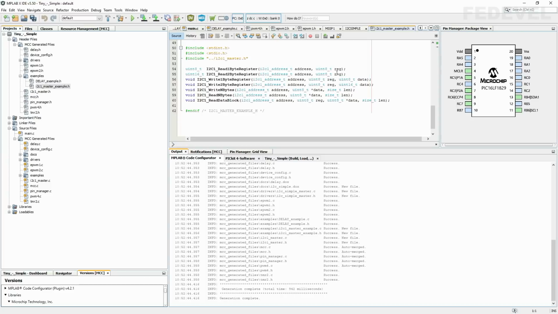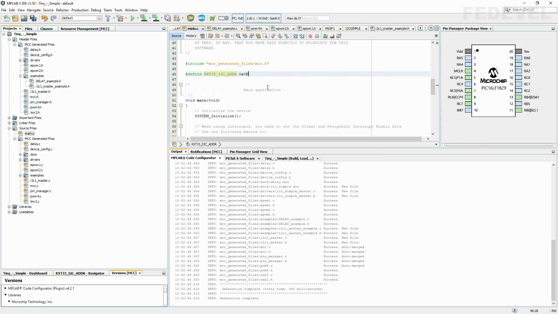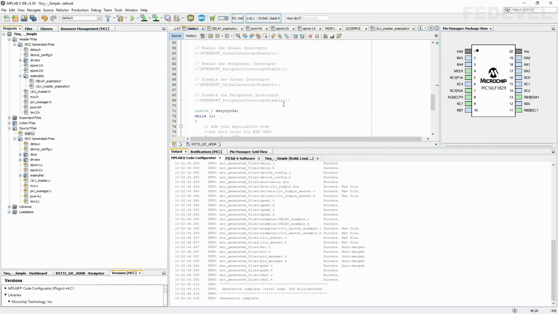And the function what we need is this one. Basically, we would like to read 1 byte from the I2C device on this address and from this register. Okay, so this is exactly what we need. I'm going to copy it, Ctrl+C, and I'm going to place it inside of our main file, maybe somewhere here. We are going to make a few adjustments.